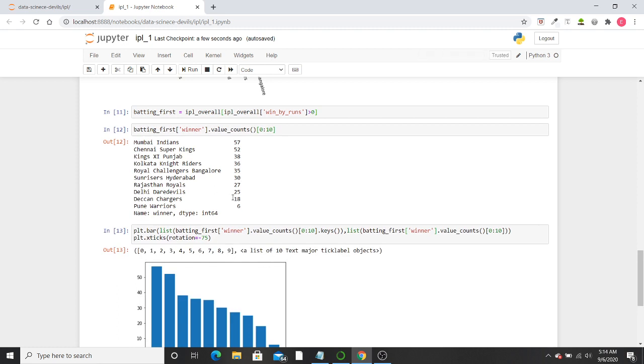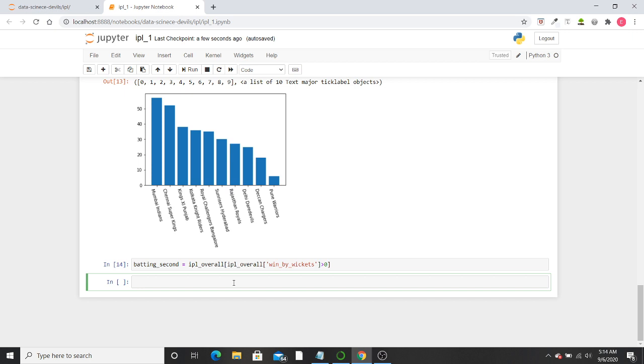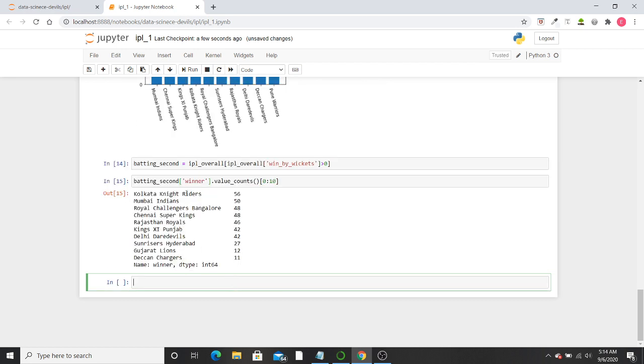Now we have to analyze the top 10 teams. Again, change the object's name. Now it is giving some different results. CSK has come to 4th place, MI has come to 2nd place, and Kolkata Knight Riders, KKR, has come first by winning 56 matches.